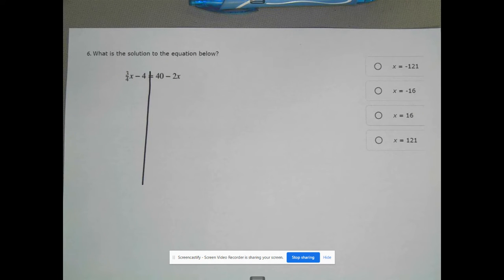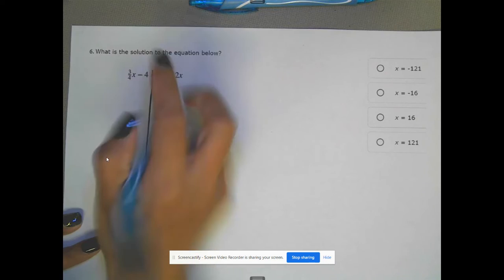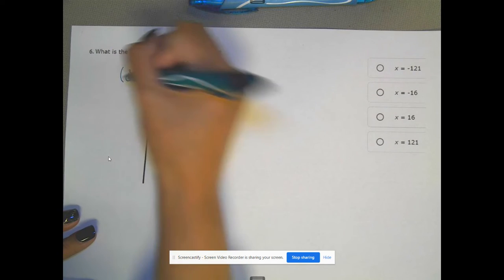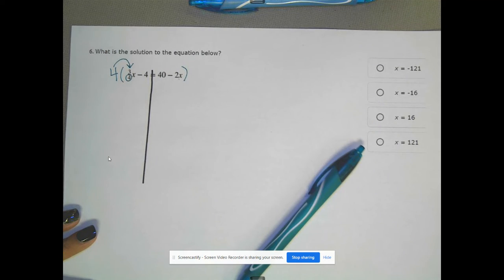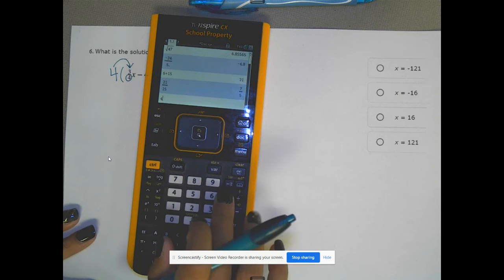on both sides. And I have a fraction in this one, so I can start with step 1, which is to eliminate my fraction. I only have one fraction, and my denominator is 4. So I'm going to take that 4, and I multiply everything by the 4. All right, so I take my denominator, and I'm doing 4 times